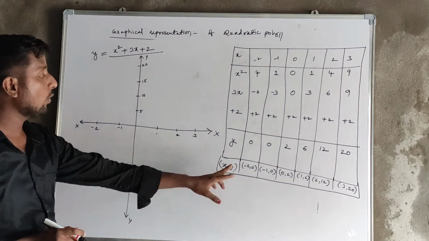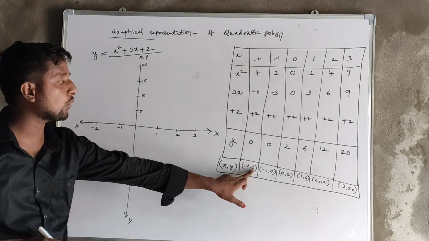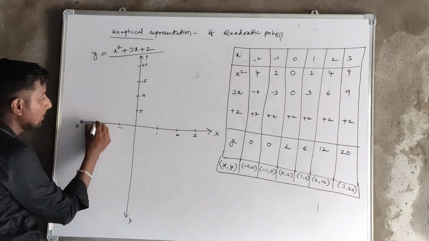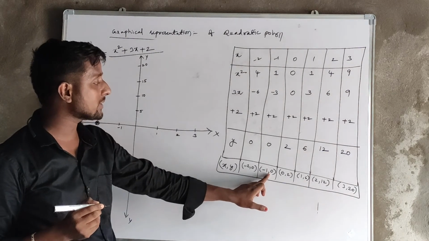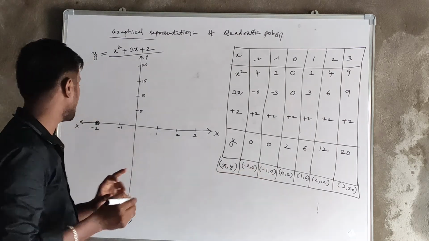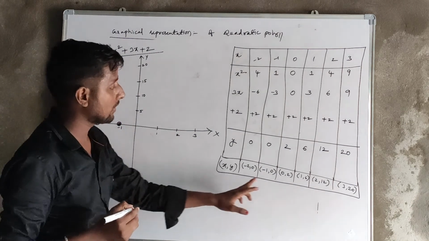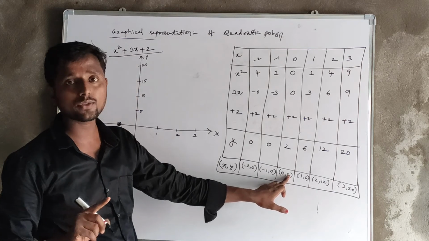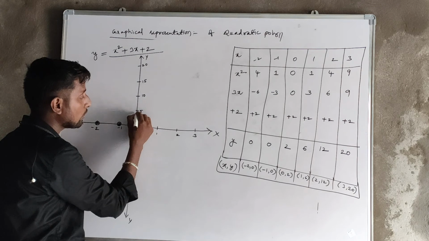Okay. Now minus 2 comma 0. Look at the y coordinate, completely 0. So this point lies on the x axis here. Next, minus 1 comma 0. Here also the y coordinate is completely 0. Okay. So it lies on the x axis. So here. Next, 0 comma 2. The x coordinate is completely 0. The y coordinate is 2. So mark it here, because the total gap is 5.